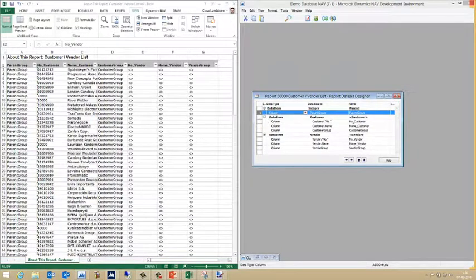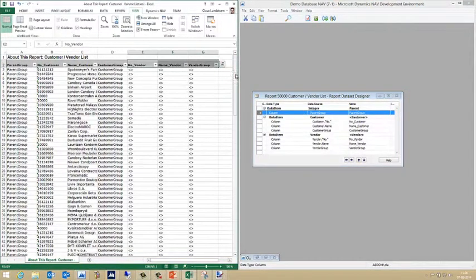So when the dataset is being created, the first thing is that the parent group will run every time. So we can see the parent group here. Every time there's a row in our dataset created, the parent group will show up. But then we'll run through the customers, and when it's done with the customers, it will then create the vendor data item. So that's why the vendors here are completely empty.